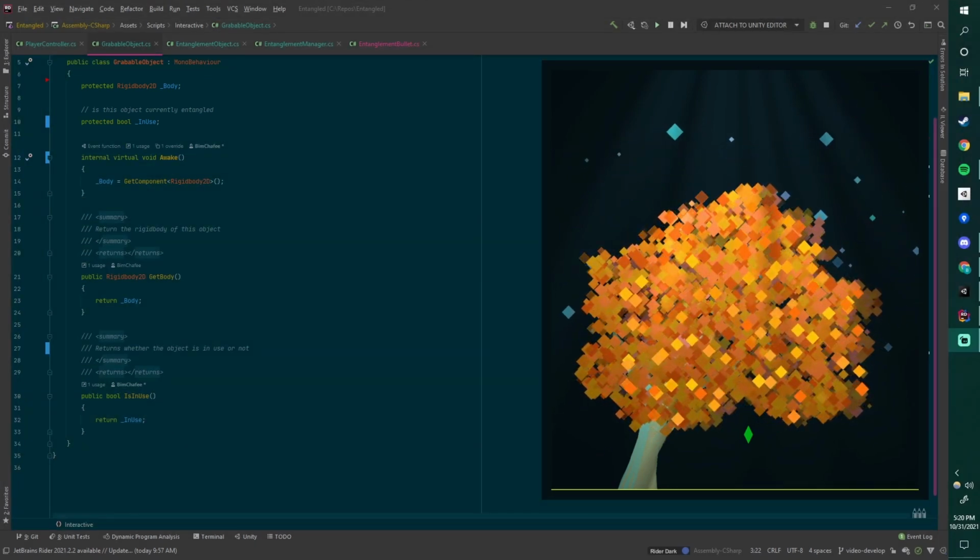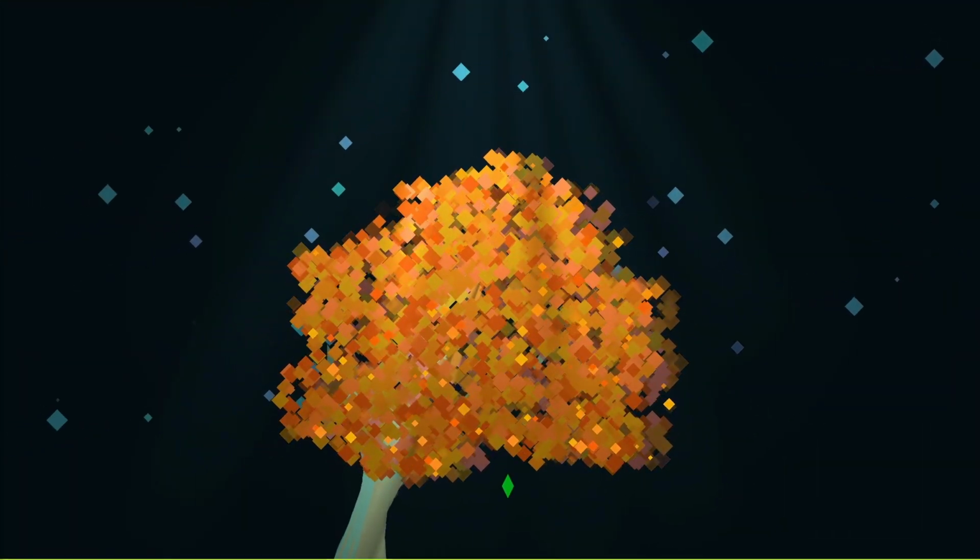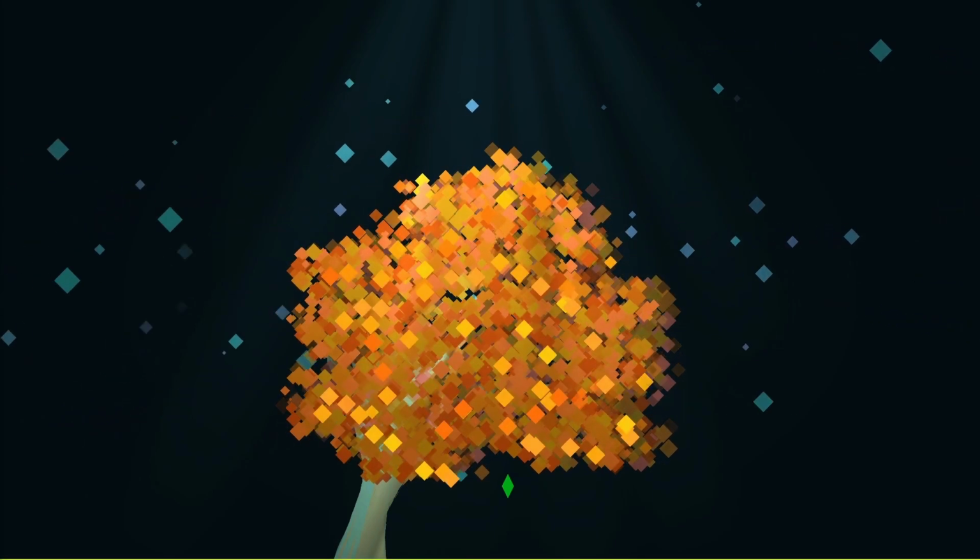So now I can address how exactly I'm going to be going about the entanglement implementation. I had a few ideas for how I could go about making entanglement actually work. The first was to